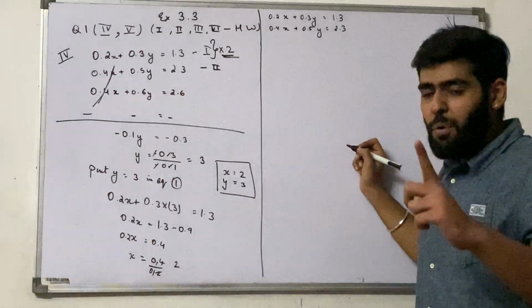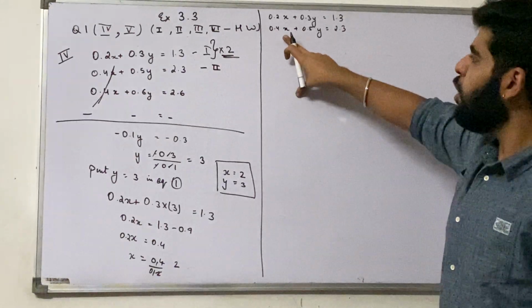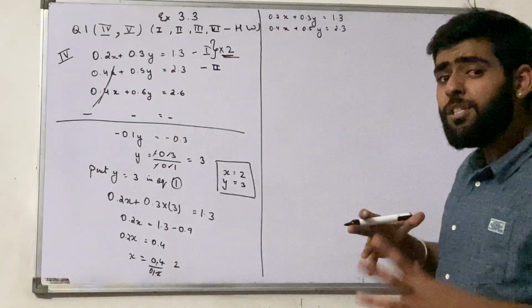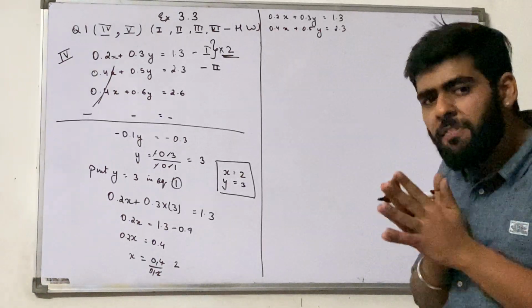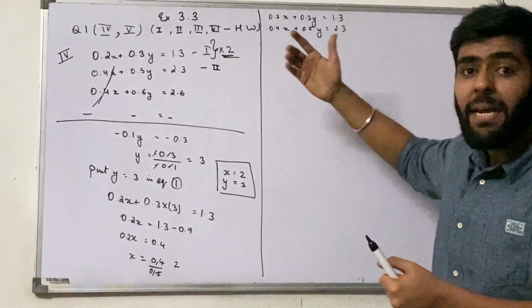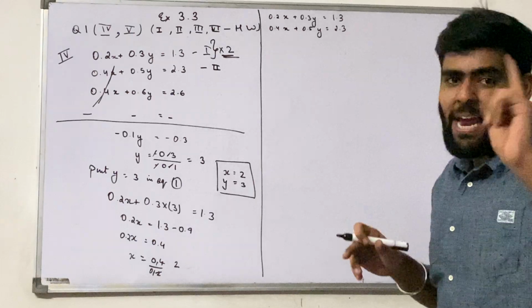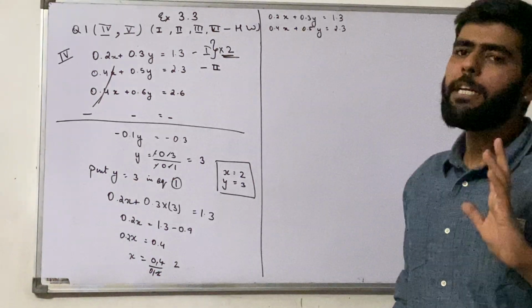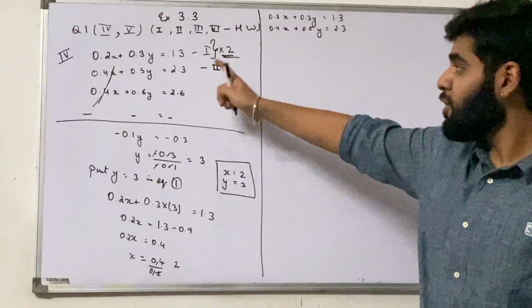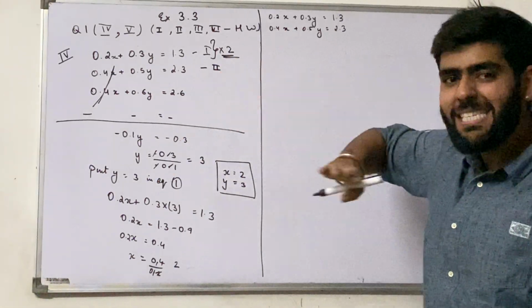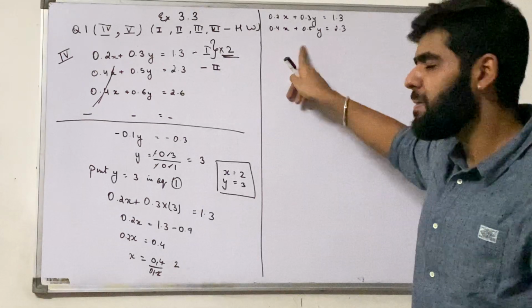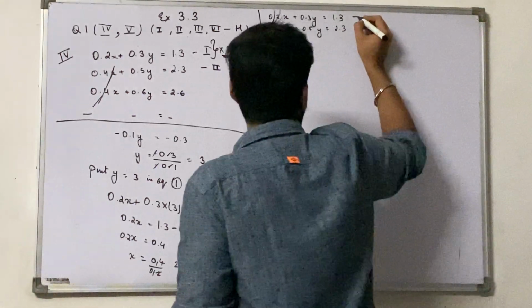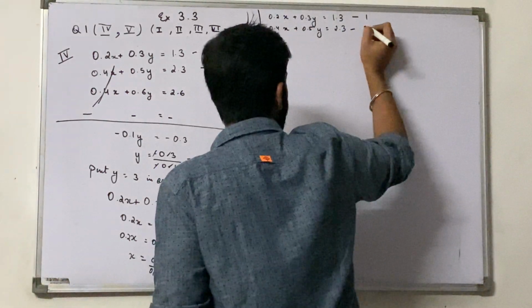See, now you know that when I take the value of x, from either the first equation or the second equation, I will always get a decimal number in my denominator. And you also know that solving a decimal in a denominator is tougher. You just saw we completed this in a single step. Now you will see the number of calculations we are going to do. So this is equation 1, this is equation 2.